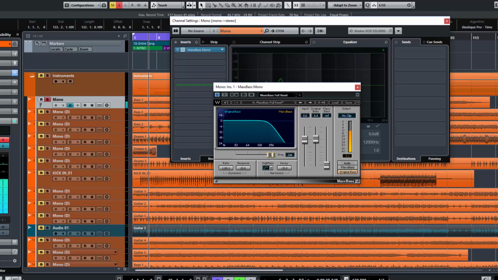So that's this here. So like I could adjust that. Now, depending on what you're listening on will depend on what you're hearing here. If you're listening on laptop speakers, you might not hear much if I go down here. You may not hear much if I go there. So this is what the MaxxBass is going to represent at that setting. If I take it down there,